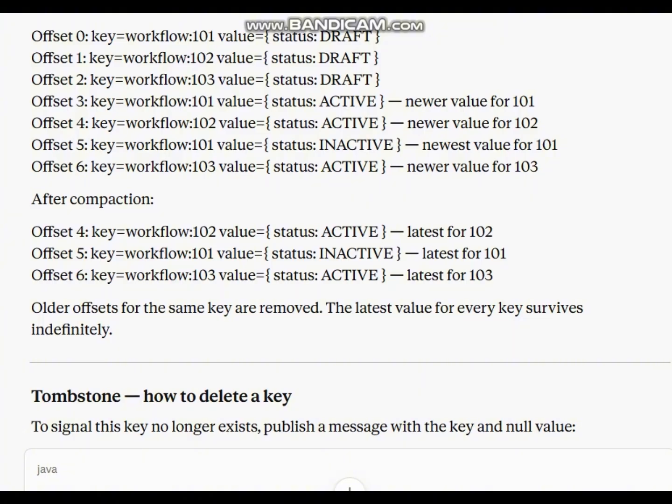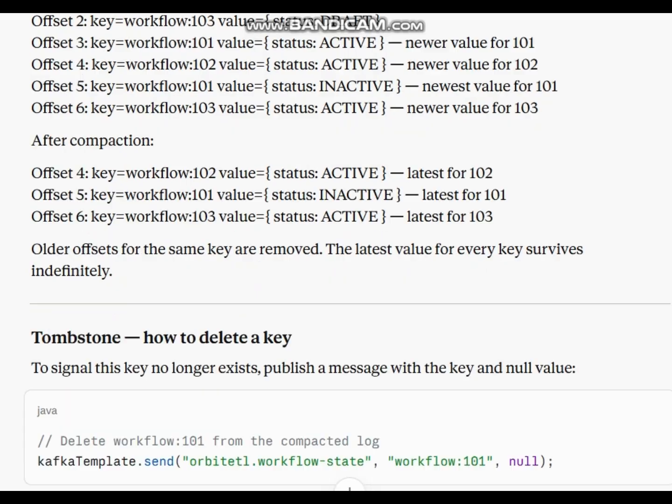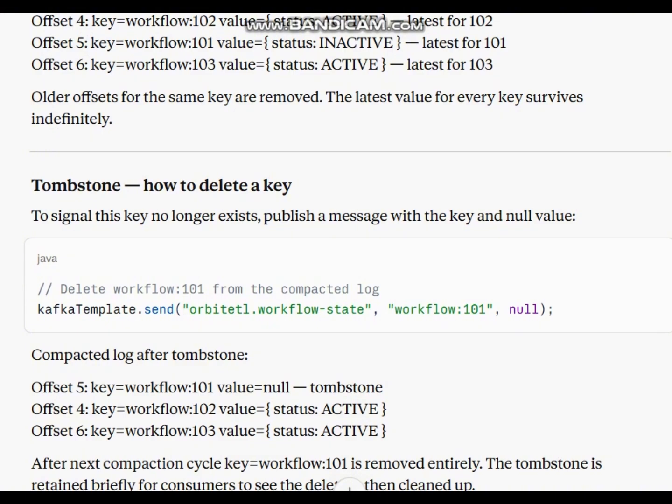Offset 6, key workflow 103, value status active, latest for 103. Older offsets for the same key are removed. The latest value for every key survives indefinitely.